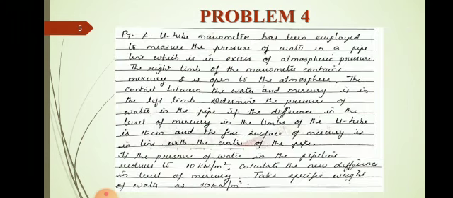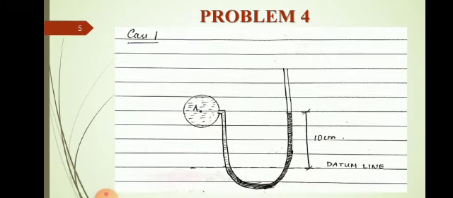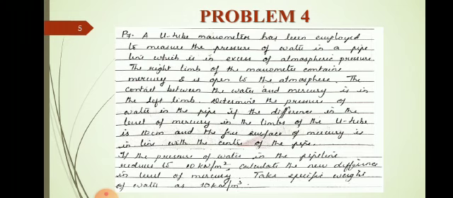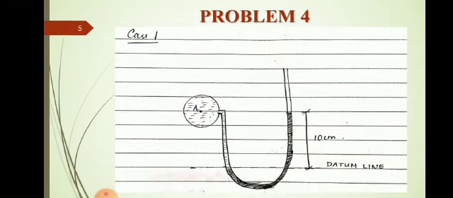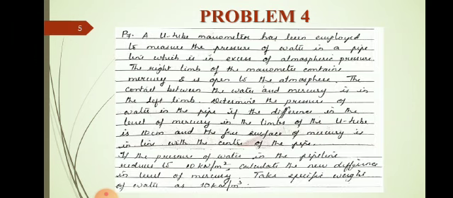So these are the conditions given and you are asked to find out the pressure of water in the pipe, or normally we call it PA. This is the pipeline and you are asked to find out the pressure of water in the pipeline. There is a second part to the question. If the pressure of water in the pipeline reduces to 10 kilonewton per meter square, calculate the new difference in level of mercury. So in the present condition, the difference in level of mercury is 10 centimeter. But if the pressure inside the pipeline is reduced to 10 kilonewton per meter square, what will be the new difference in mercury level is the second part of the question.